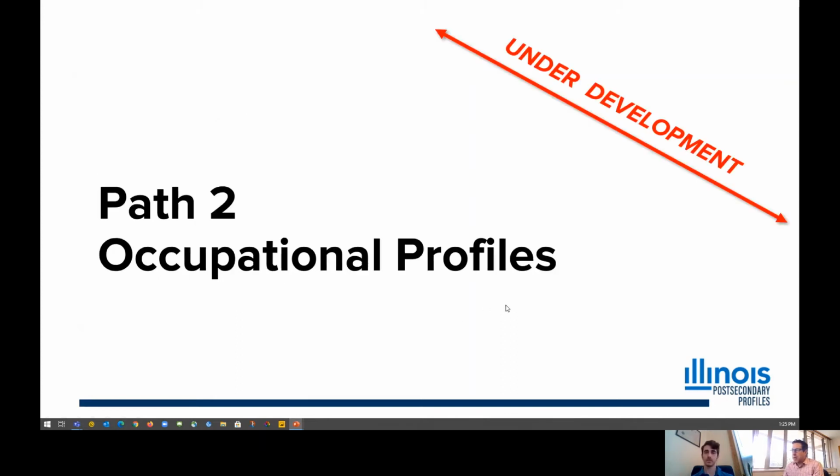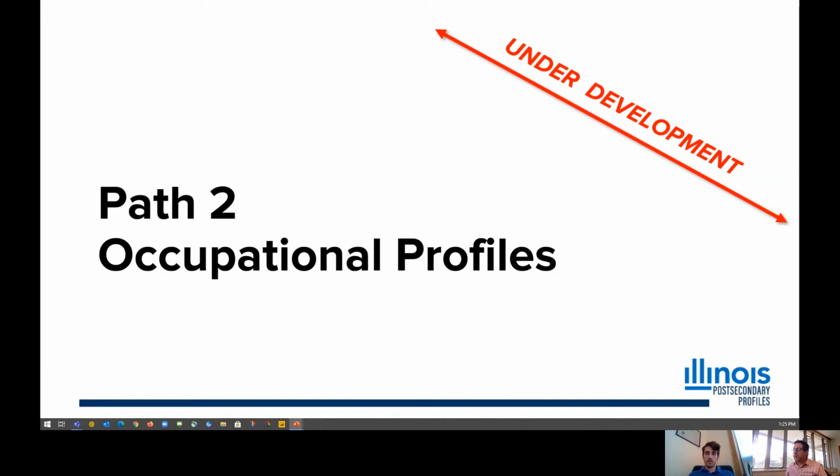So thank you, Charlie. Path 1 is unique and adds value, as Charlie mentioned, to what we've had previous to it. With Path 2, we really move into the space where students as early as high school and even middle school, their families, and other users will be able to use this tool to help really engage with the topics around college and career planning, which post-secondary institutions will offer what services to them.